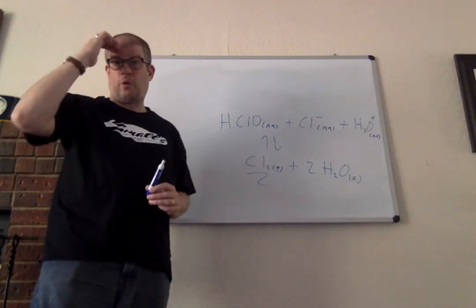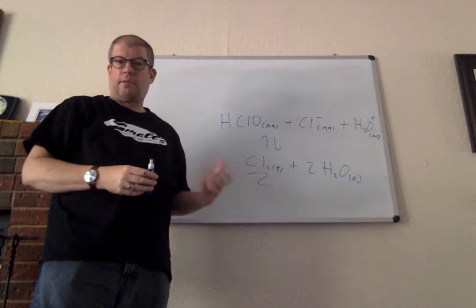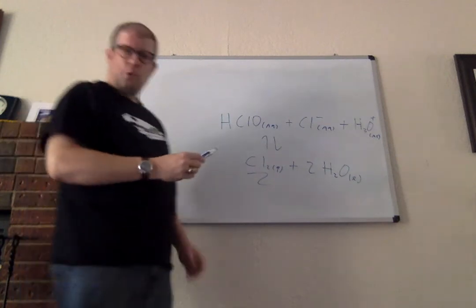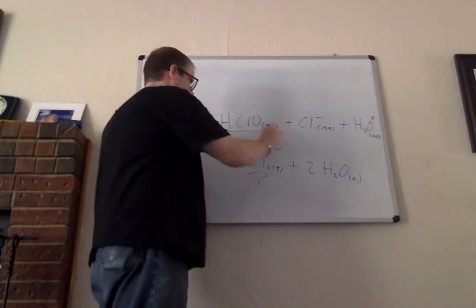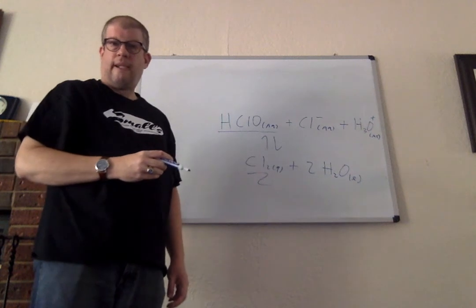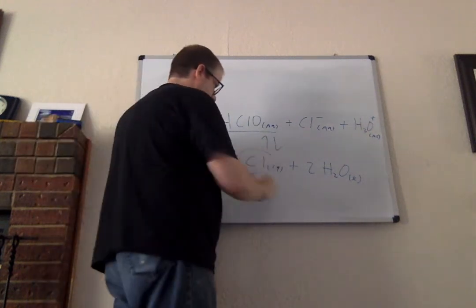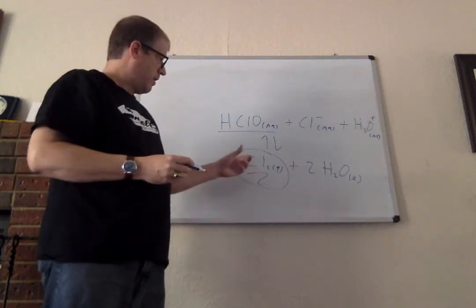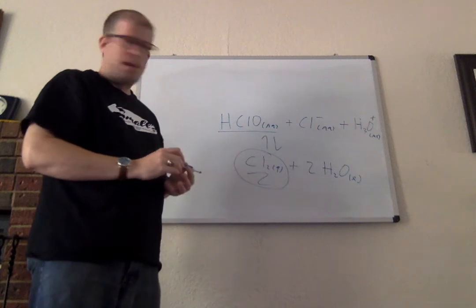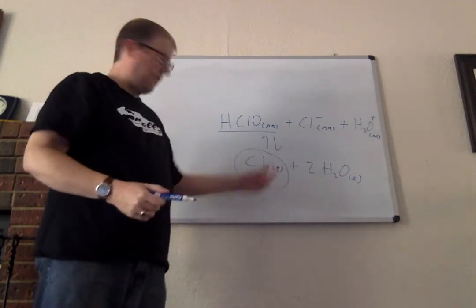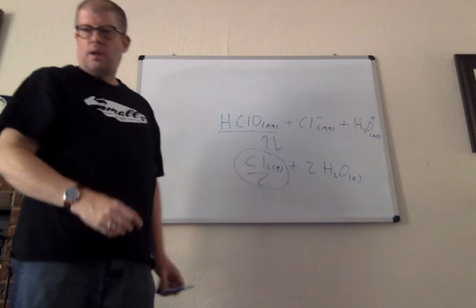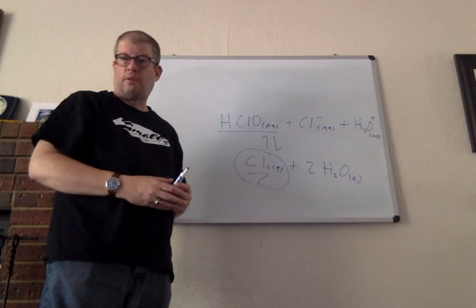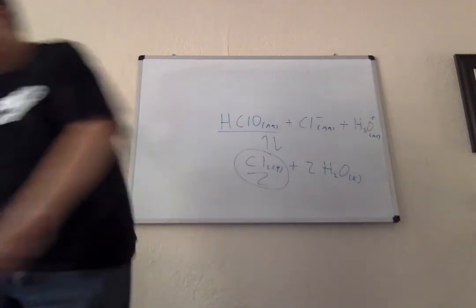Don't mix bleach with anything other than water. And the reason for that is if you mix this with something that's acidic, which some other cleaners are, some things contain vinegar, for example, right? That's acetic acid. You will generate, because of that first equilibrium, a lot more of this, which in turn means you're going to generate a lot more of that, right? Because according to Le Chatelier's principle, this equilibrium here is going to shift to the right, the product side, because this is a volatile gas, so it's constantly coming out of solution. And so that's why you wouldn't want to mix bleach with vinegar or something like that when you're cleaning. And so that's the reason why that warning is given.